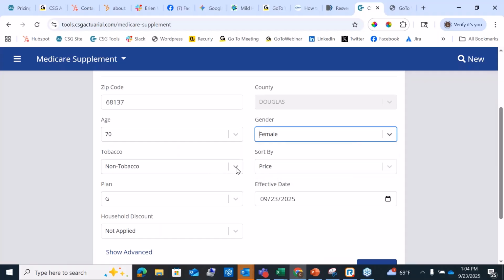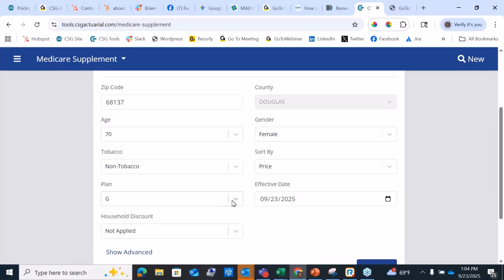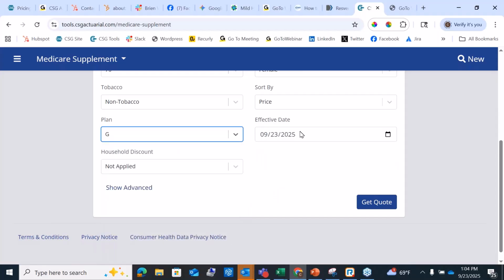Do female. So if you're completely new to the CSG app, everything here is just a nice, easy drop down. If you do need to change any of the defaults, you just click on the down arrow within that field. I'm going to go ahead and quote a plan G, but we're going to write a plan N. So I'm going to show you how you can do some switching within the system itself. And we'll make this effective 10/1